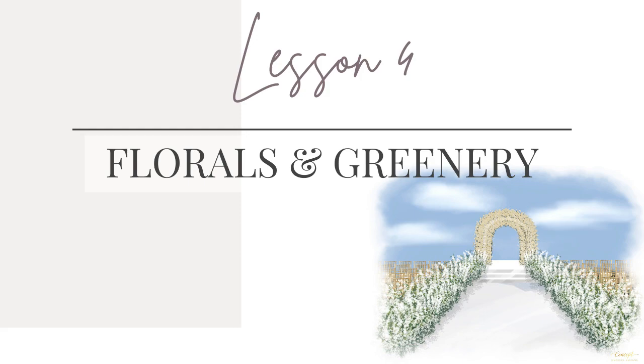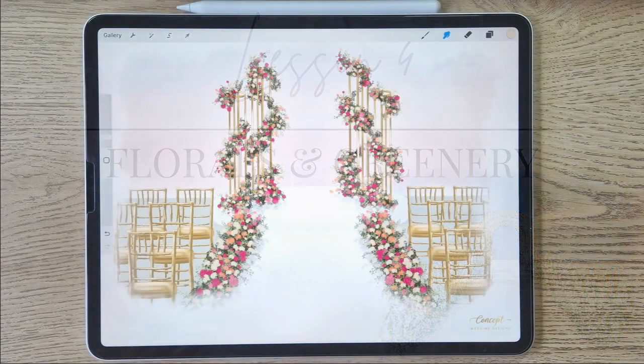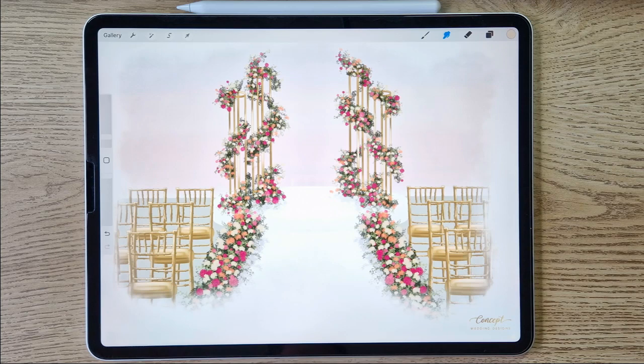Hello and welcome to lesson number 4, where we're going to add these greenery leaves and flowers into our aisle and our flower stands. This is the bit I love the most, and I think it always brings your illustration together the most. Quite often your flower and greenery arrangements are the focal point of not only the concept but